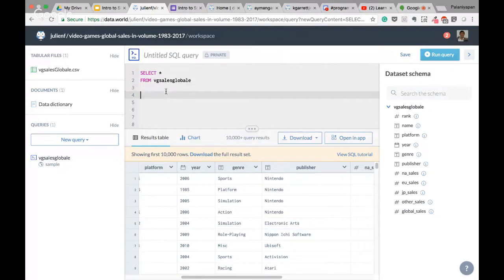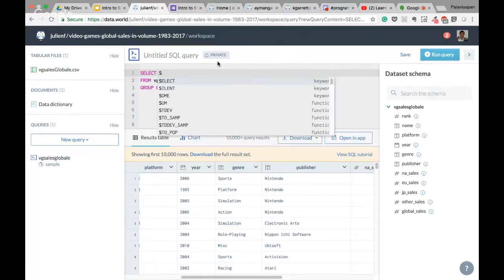So the way that you do that is you add this keyword called group by, and you enter the column. So let's say I want to group by the publisher type. So I can put in publisher. And let's say I want to know for each publisher, what's the total number of global sales that they have made for all the video games that they have produced. So in that case, I would put sum